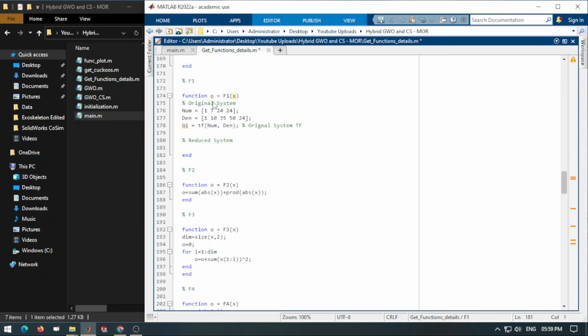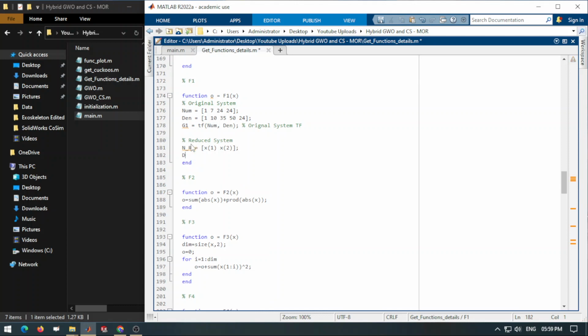So what I will do, I will define here, if you see this argument is x1, so I have to define the reduced system in terms of that only. For the numerator, I will write it like nr, and I will define x1 and x2 as two terms in the numerator, and the denominator will have three terms. It's a standard transfer function for any second order system: x3, x4 and x5. Okay, and I can form the transfer function similar to that,